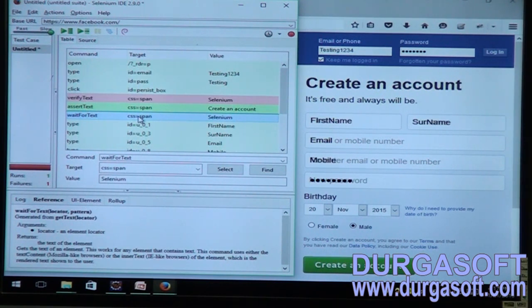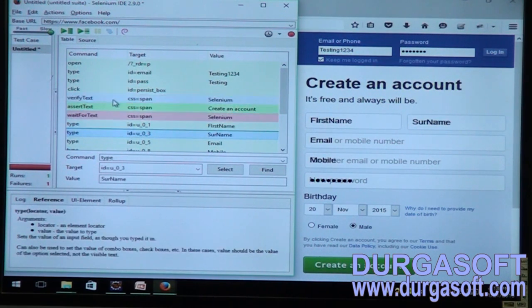So how to hold the script execution? This is what wait for text is used for team. So the wait command is used to hold the script execution. It is holding the script to load the page, for the default time, that is 30 seconds, and if within these 30 seconds the element or the text is not identified, it will go and execute the next line.